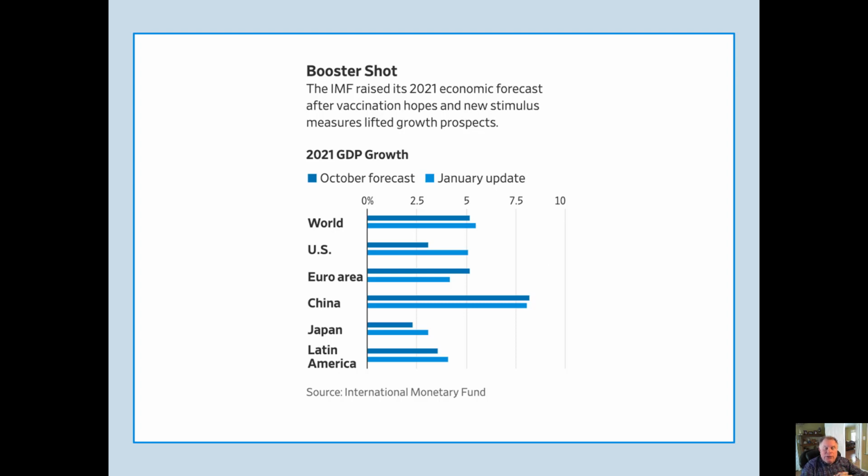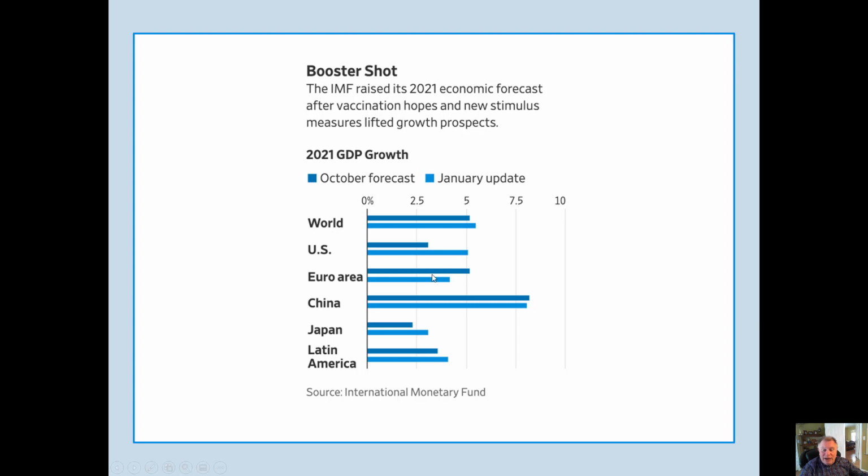Now, where are we going? Well, it's constant flux because we don't know what's going on with the vaccine, how it's moving, how COVID is spreading, the different strains. But what we've seen, this is from the IMF, is that the worldwide growth forecast has actually gone up from October to January to just a little more than 5.25%. The big change has been here in the U.S., where originally in October they were thinking we'd be about 2.75, and the U.S. is now looking at 5. That's quite an increase, but this is what they're seeing.